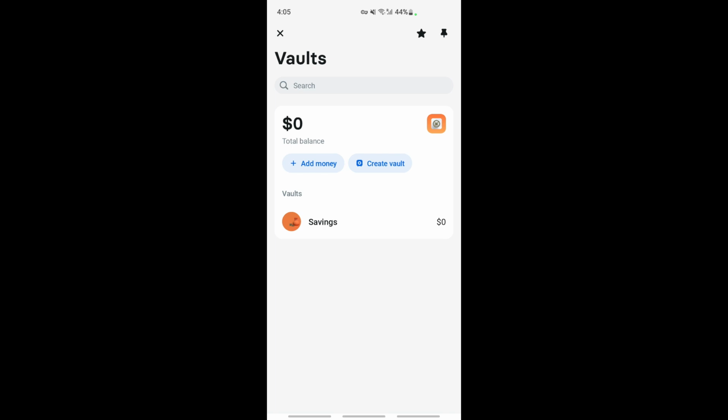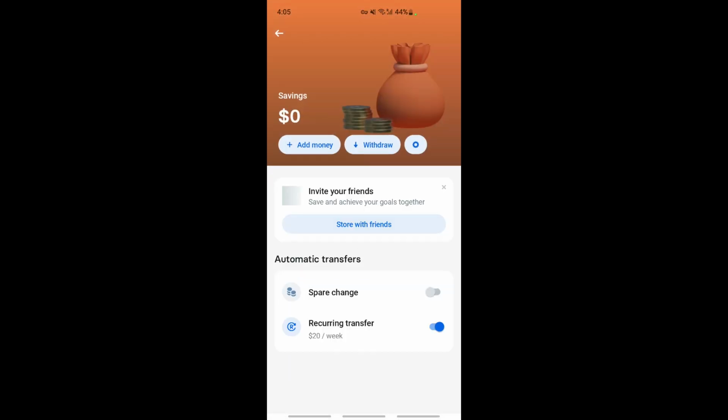open up your vault, something that you have. So when you have a vault here, now what you're going to have is an option here called automatic transfers, where an automatic transaction has been set up. So you have the option here, recurring transfers. If you want to cancel it or stop it, what you have to do is just hit on